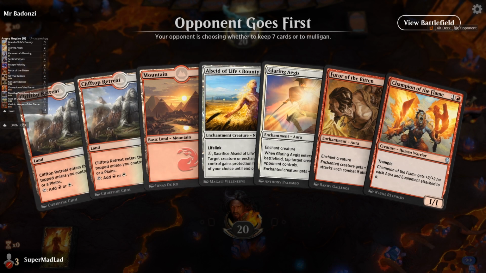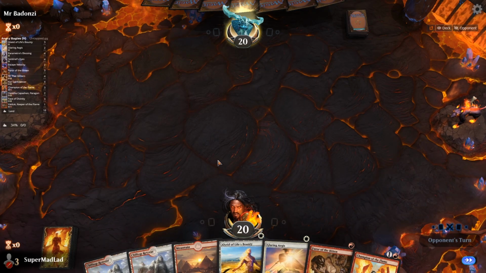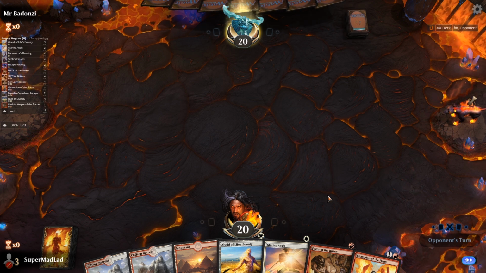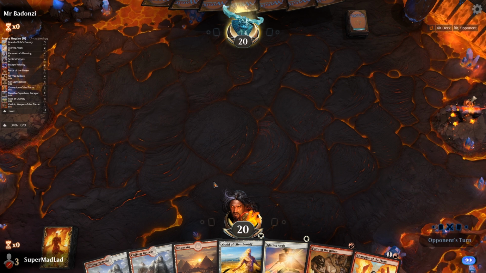Alrighty then, on the draw with a Champion of Flame and an Alseid as our creatures of choice. We do have some decent enough auras to stick on the Champion. I think this is a keeper. It does, however, fold a little bit too hard to any kind of interaction on the Champion of Flame here,